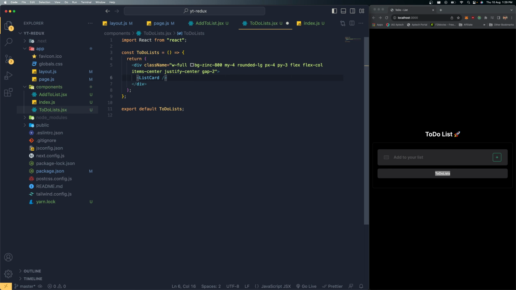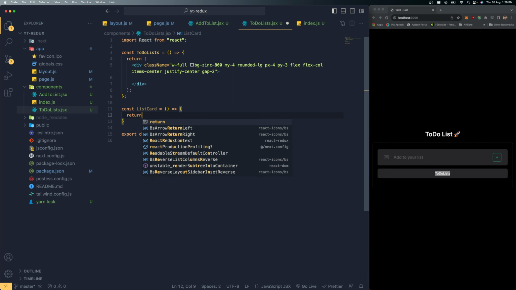So for this list card, I need to create a key. For the key, for the time being, I'm just going to keep it as 1. Then I'm going to create an index field. Okay, so let's create it, then we can write it over here. Better that. So const list card is the component,